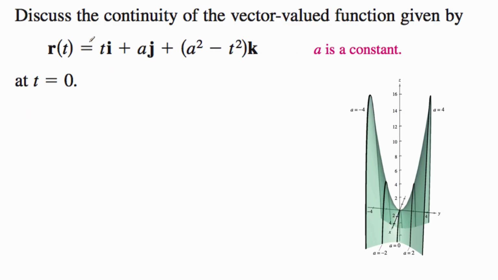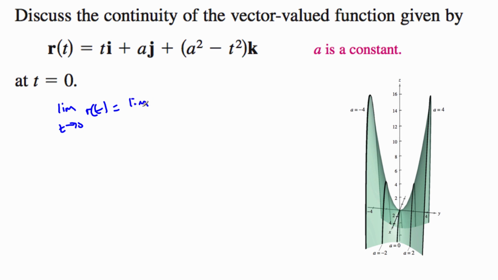Now let's look at this curve right here. r of t is equal to t in the i direction plus a j plus a squared minus t squared in the k direction. And a is just some constant. So let's look at the continuity of the vector at t equals 0. Does the limit exist? So the limit as t approaches 0 of r of t